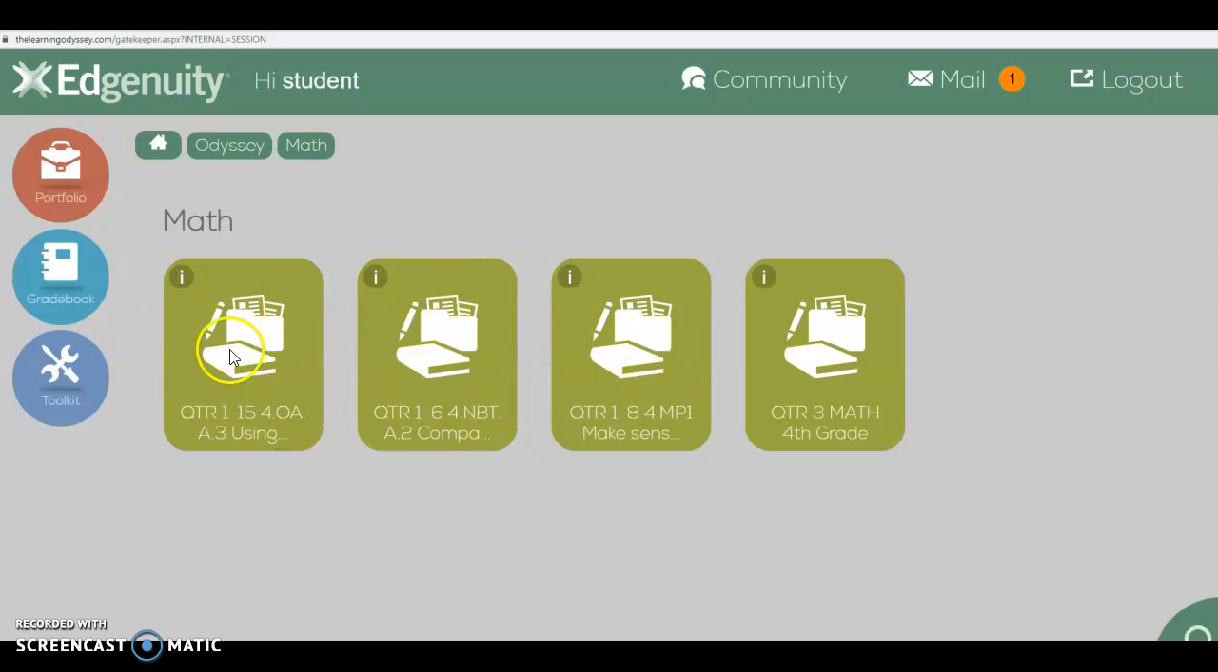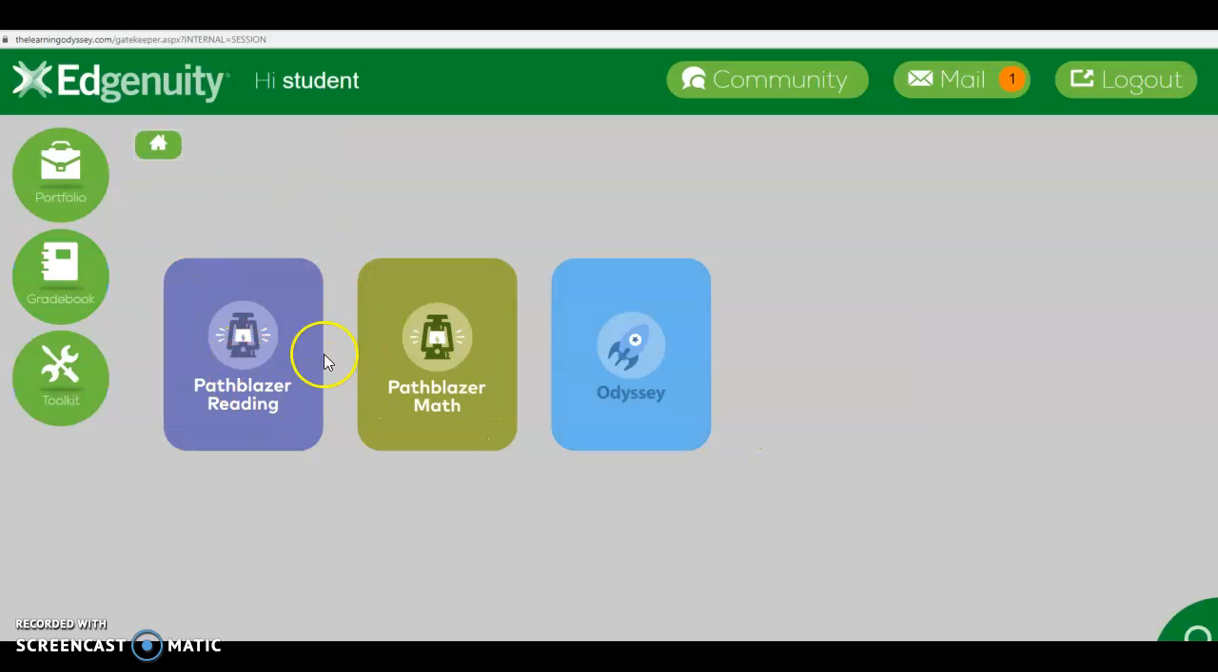Remembering these other tasks that are still showing are assigned tasks. They only go off once you have completed them. So parents, take a look. There's a lot of tasks out there that have not been completed and should have been or should be at this point. Also want to remind everybody you are to be working in your Pathblazer reading and your Pathblazer math